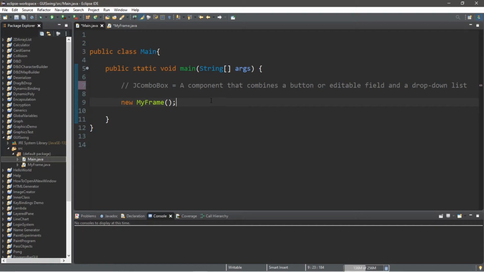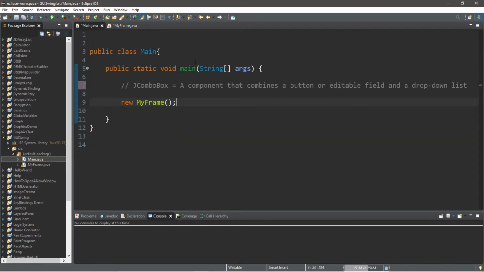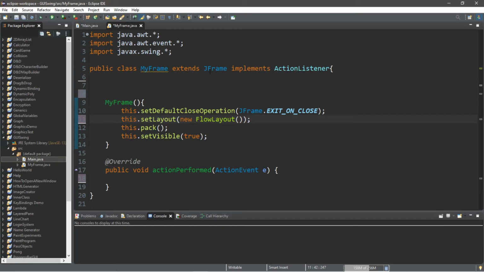So before we begin, here's my setup. I have two classes, a main class that contains my main method, and then a MyFrame class, which extends JFrame and implements the ActionListener interface. Within the main class, I just created an instance of MyFrame. Within this MyFrame class, I have a constructor,